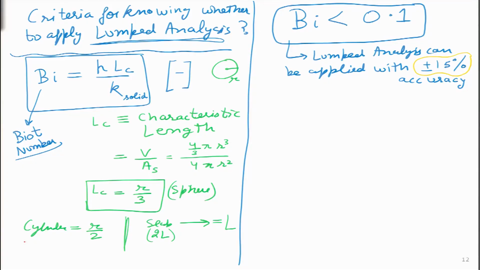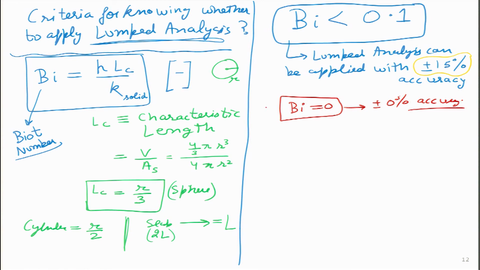So, the physical significance I will explain very briefly: if somebody wants to have 100% accuracy, then in that case Biot number should have what value? The answer is, in that case Biot number can only have one value, it has to be just 0, in order to have 100%, or let us say plus minus 0% accuracy. Plus minus 0% uncertainty means it is 100% accurate.